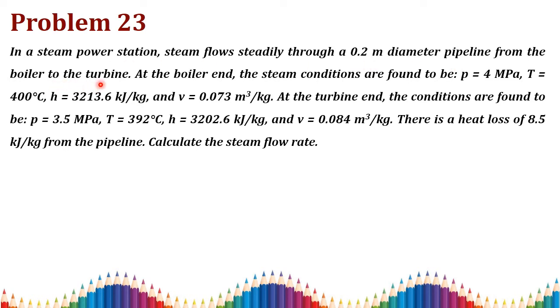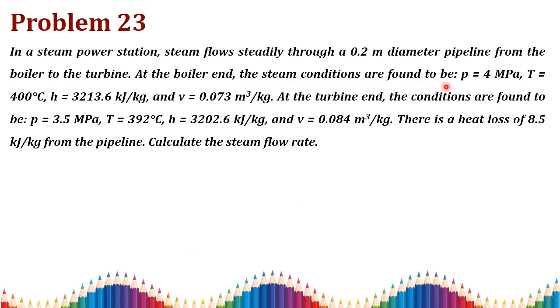In a steam power station, when the boiler is given heat, it produces the steam, which is carried through one pipe of 0.2 meter diameter. At the end of that pipe a turbine is connected. So at the boiler end the steam conditions are found to be